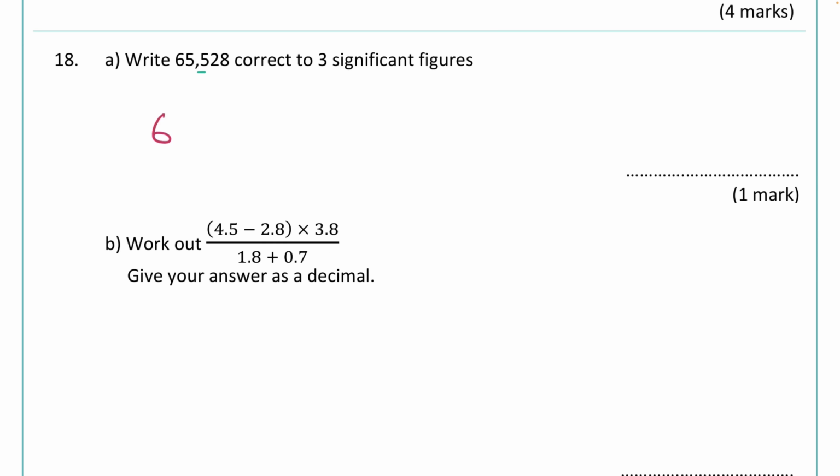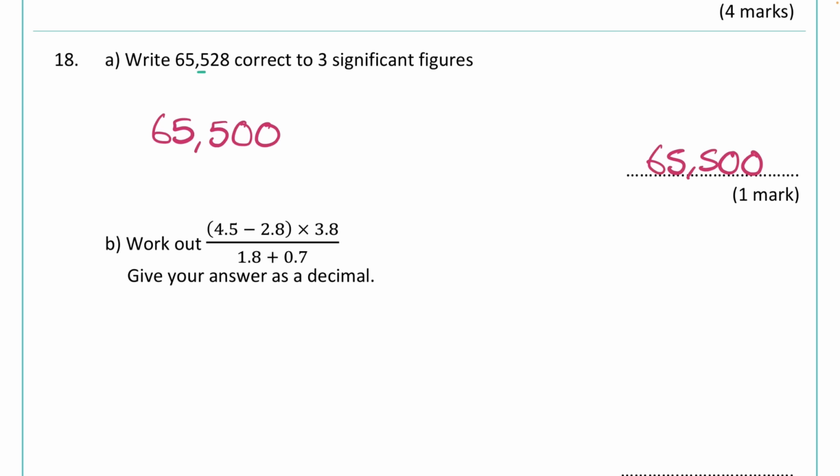So we'll have 65,000, and it will either be 500 or 600. After the 5 is a 2, so it's not going to change, so it'll be 65,500. So that has been rounded to the nearest 100, and because the third significant figure is in that hundreds column. So there we go, that's my final answer,